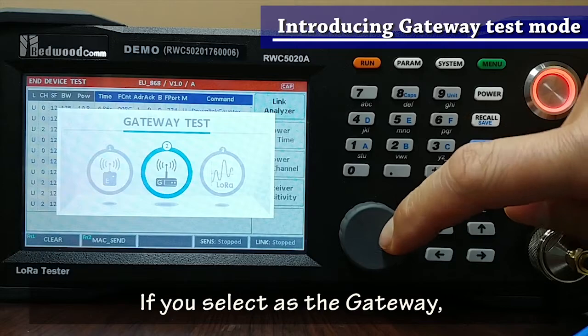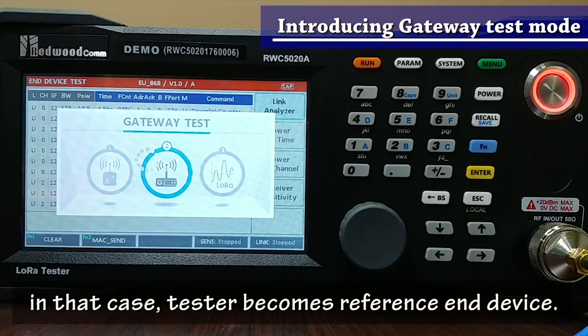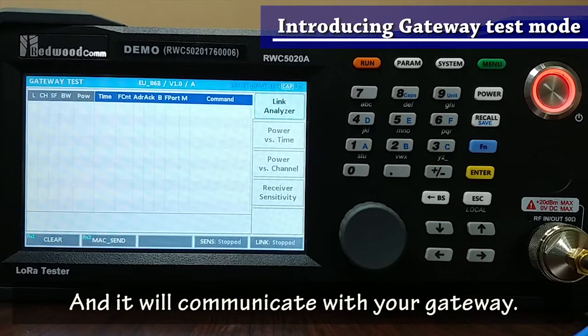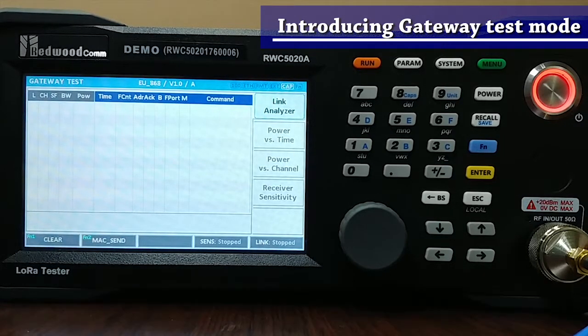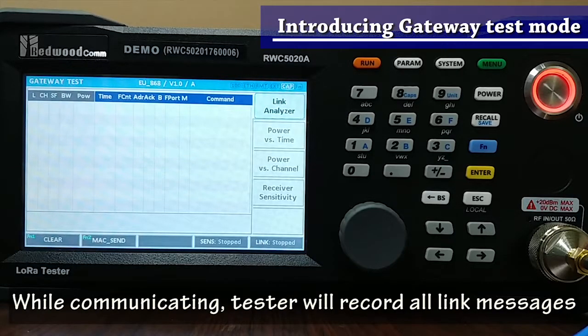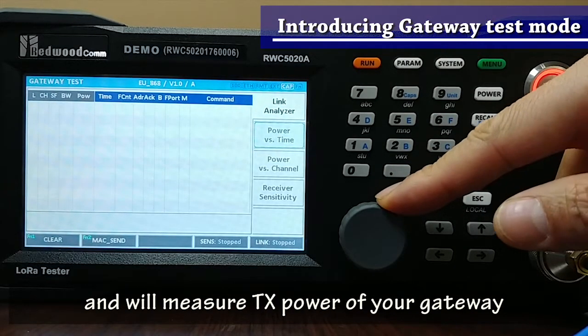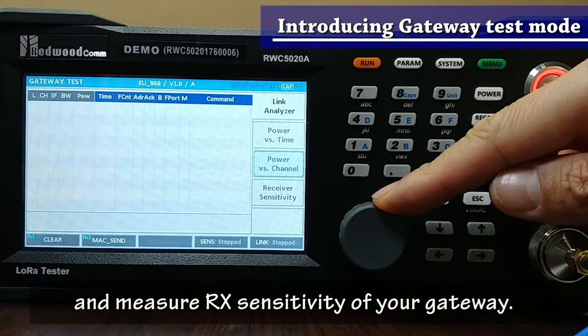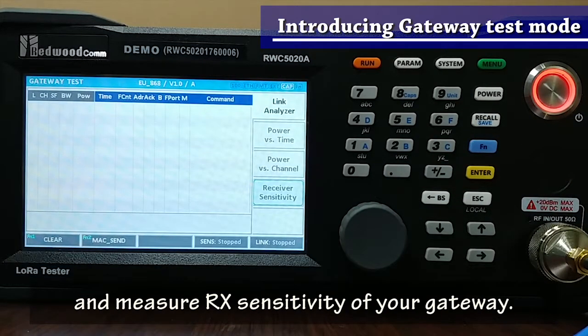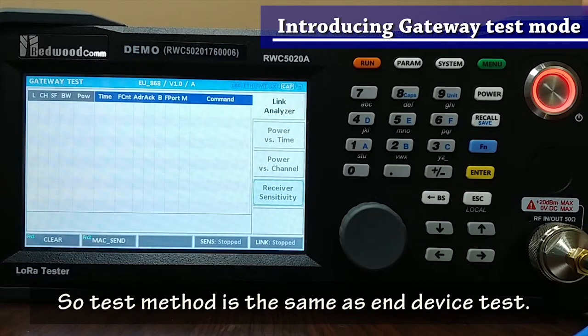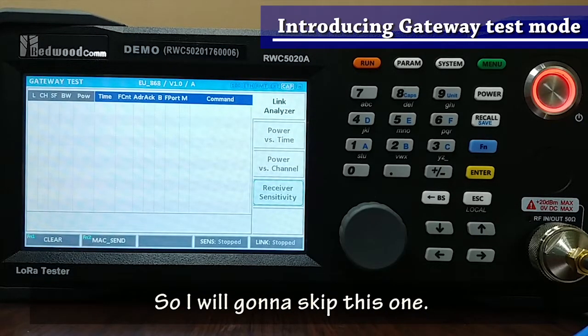If you select gateway, our tester becomes the reference end device, and then it will communicate with your gateway, and while communicating, our tester will record all link messages and measure the TX power of your gateway and the RX sensitivity of your gateway. So the test method is the same as the end device test. So I'm gonna skip